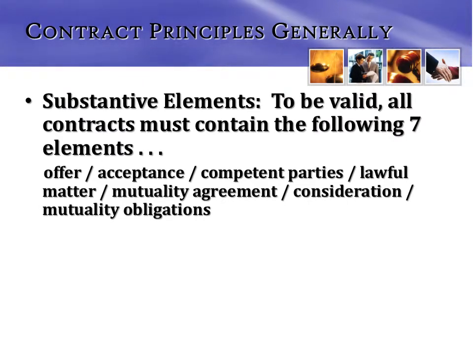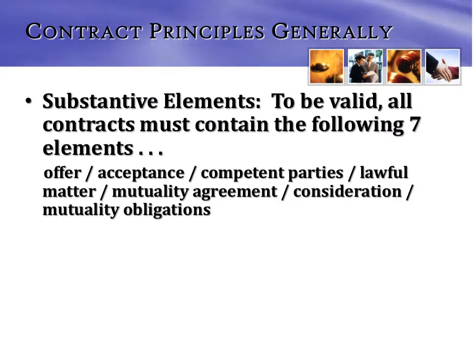To be valid, a contract must contain 7 elements. And they must contain all of these elements. You cannot leave one element out or another. There must be a definite offer. This offer must be accepted by another party. The two parties must be competent, which means able to contract, able to accept contracts. So for instance, an utterly mentally incompetent person or a 5-year-old are not competent parties under the law, period.